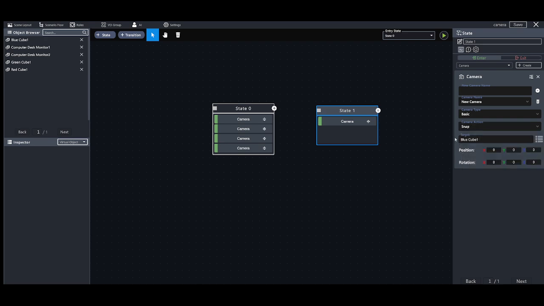Snap, you can make the camera be snapped onto a virtual object. This will allow it to pretty much just move around with the virtual object. Unsnap, you just unsnap it from the virtual object. And display is the very important one. It's how you're able to take the contents of what the camera is viewing and put it on a monitor